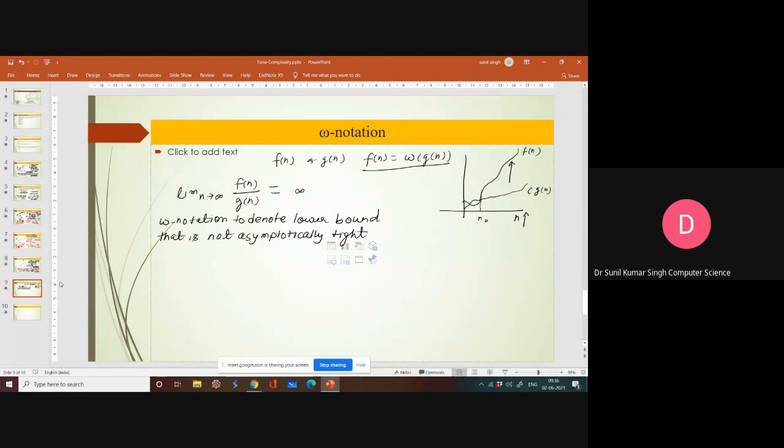Right? So if we are going to express it like this, then omega of g of n is equal to the set of f of n such that for any, once again, for any positive c and n naught, where of course c is greater than 0 because it is positive, such that